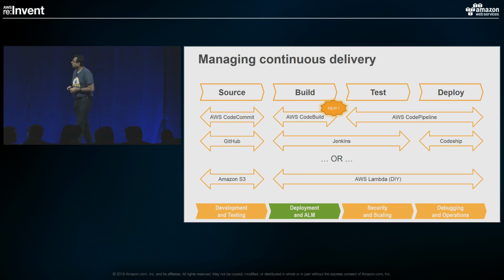The other thing to think of is managing continuous delivery. We had a session not long ago in this track, which you can go and look at later, which talks of how you could set up a continuous delivery pipeline for your Lambda functions. So the standard way we recommend is to have CodeCommit as the source of your repo. CodeBuild is a new service which we launched this morning, which will allow you to take your existing code,